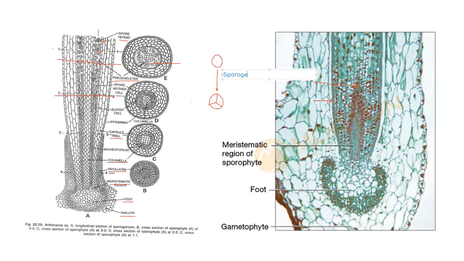We have already mentioned in the general characteristics of bryophytes that all spores produced are similar, and that is the reason why this particular sporogenesis cannot be called micro or mega sporogenesis, because all the spores are similar. So the condition is called the homosporous condition. Sporogenesis takes place in the spore mother cells which are diploid in nature.